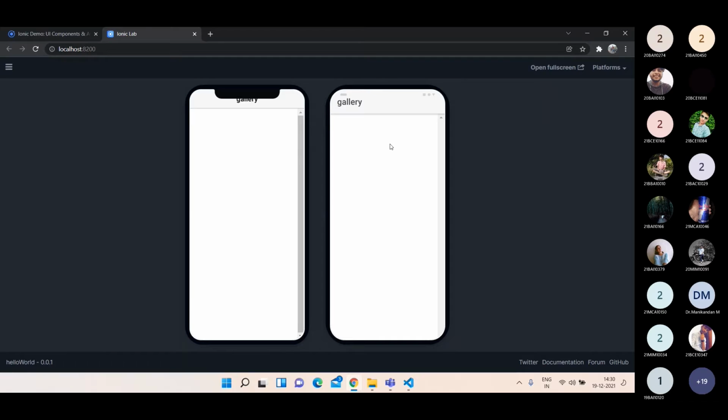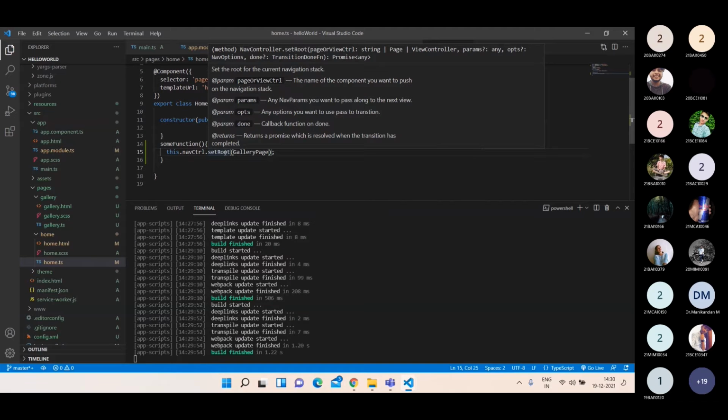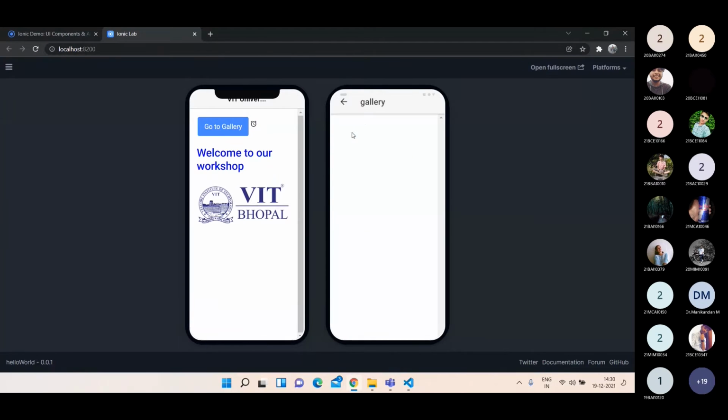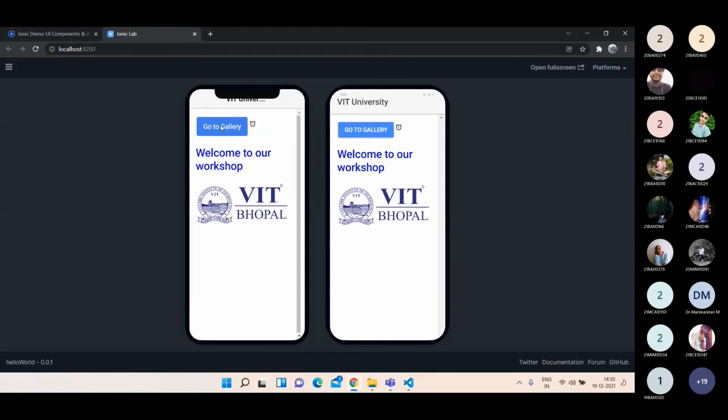Have you seen that? If you are making payment, the application will tell you do not press back button. The session will expire. So if you want to make screens like that, then you can use set root. If you fix some screen as set root, then you cannot backtrack to the old screens. That means the old screen data will be erased. But if you give push, then you can backtrack. You can go and you can backtrack like this. Understood?